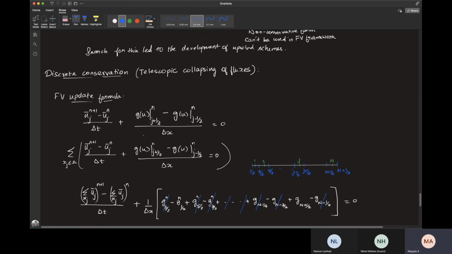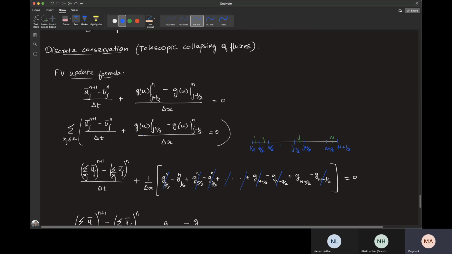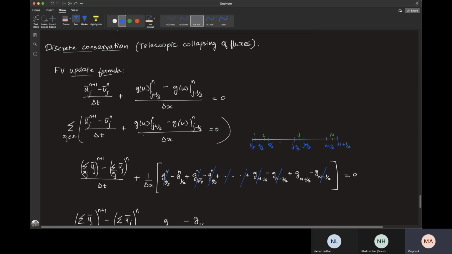So next, another feature of the finite volume method is discrete conservation. We have already talked about conservation from some time back. From the start of this lecture, we have been talking about conservation only, because in finite volume method you start with the integral form or conservation form, and then you ensure that conservation is happening inside each and every cell. We'll look at it in more detail. Conservation in each and every cell will lead to conservation in your whole physical domain. That is what we'll be seeing here.